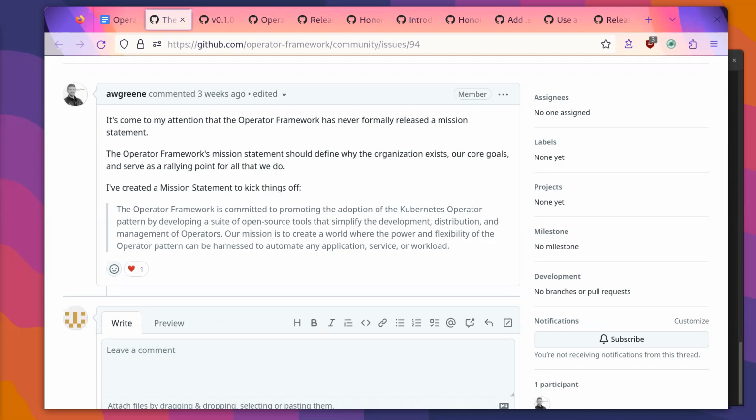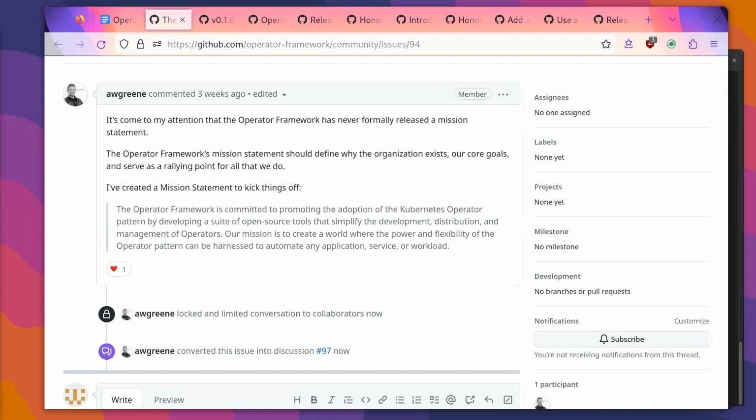I don't know if this is where we want to have this conversation or not, but I've started injecting it whenever I see this, so I'll raise it here and see what people say. This mission statement says simplify development, distribution, and management of operators. And of course, it's called the operator framework. But I'm wondering what appetite there is to expand or genericize what it is that operator framework is. Maybe not so much the development, but the distribution and management of things that may not be operators or may not be classically considered operators.